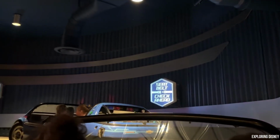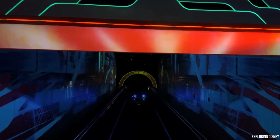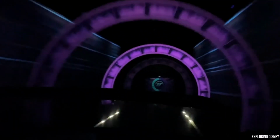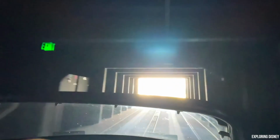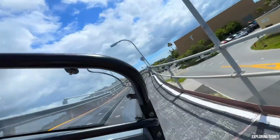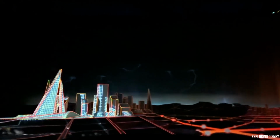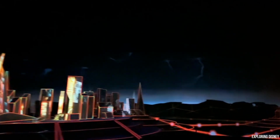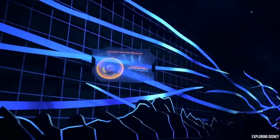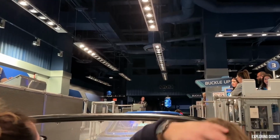While these show scenes are impressive, they're not too thrilling, but they serve as a great build-up for the ride's main event. Once you break out of the Shield building and head outside, get ready for a high-speed adventure. You'll race around bank turns, hitting top speeds of up to 64.9 miles an hour. The speed really adds to the thrill of this ride. Test Track also offers a single rider queue, which can drastically cut down on wait times. With a ride time of about 5 minutes, it's a great option for those seeking a mix of speed, thrills